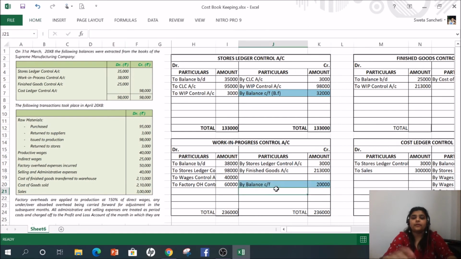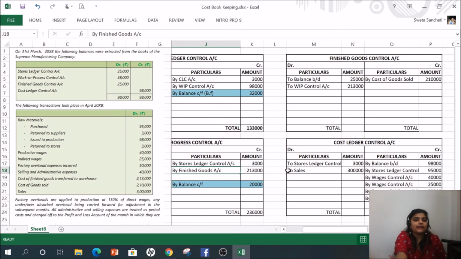Now after WIP, I have got my factory cost. This is nothing but the factory cost of goods finished. Next, what do? Add admin. We don't have any admin expenses. So after add admin, what we got is the cost of goods produced. After cost of goods produced, add opening stock of finished goods, less closing stock of finished goods, I would have got my cost of goods sold.